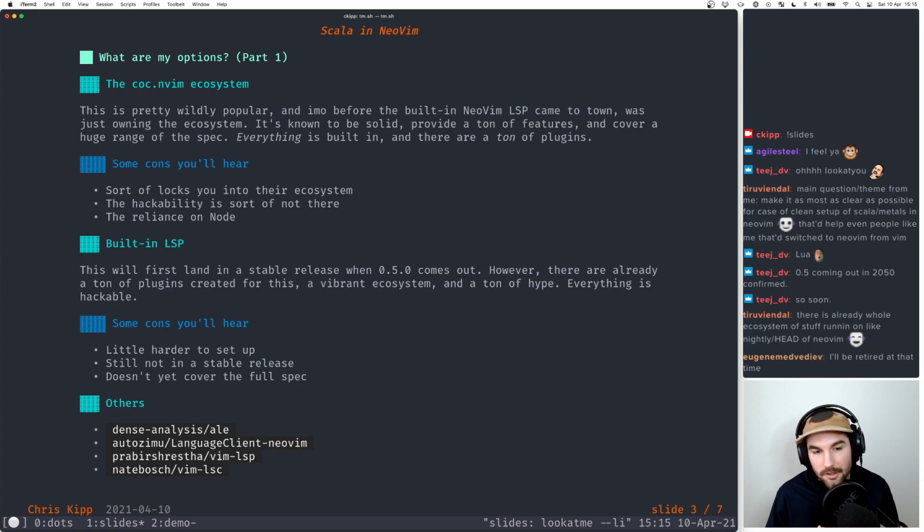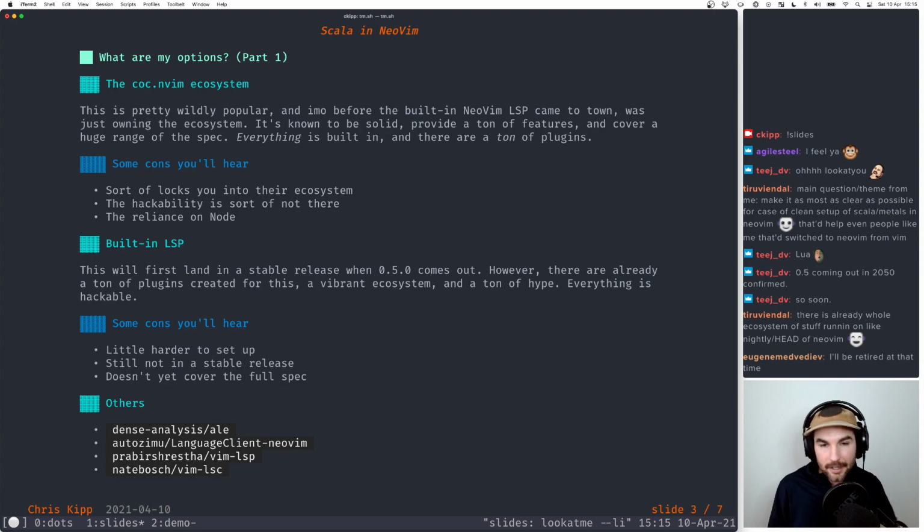I actually used to use the Vim LSC before there was a Metals plugin. And again, I'll reiterate, if you want to use Metals with any of these four and you're already used to using these, you can totally do that. Just there will be certain features that either won't work because they're Metals-specific extensions and they won't be covered, or they won't work because